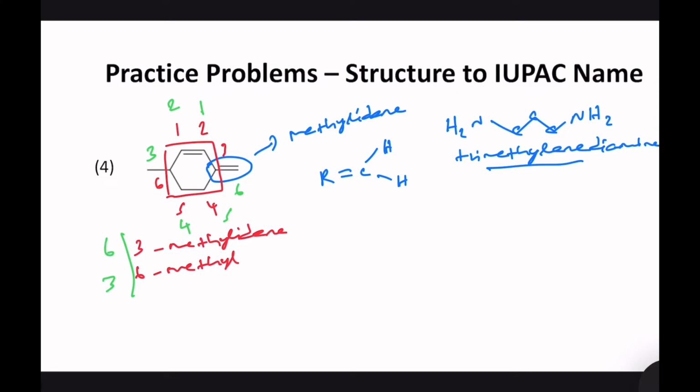Should we give preference to the double bond in this case? No, we are not going to give preference to the double bond here as it is a substituent. This unit that is right here is a substituent and therefore we have to go for the alphabetical order because both are 3 and 6. The substituents are at 3 and 6 position. So, in terms of alphabetical order, methyl wins because until here everything is the same, but after that you have more letters, and therefore methyl wins, and therefore the correct IUPAC name for this molecule is 3-methyl